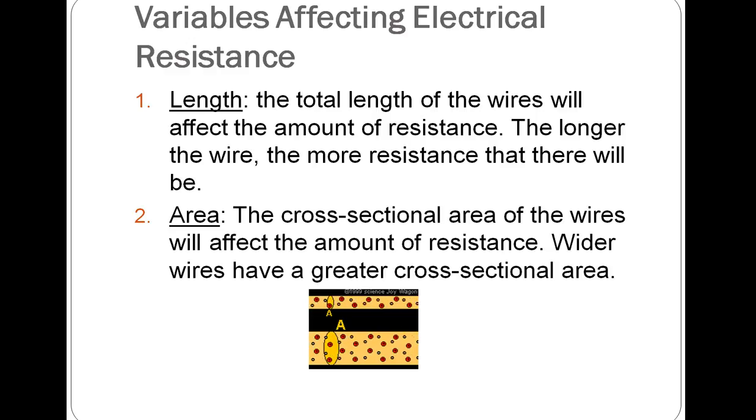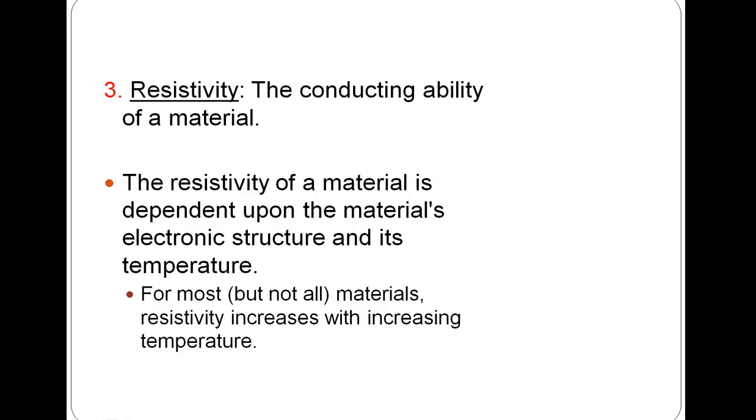The same thing happens with electricity. If you have a skinny wire, it's just harder for the current to get through than if you have a fat wire. There's more room for that current to get through. So that's the idea with area. You would actually have a good conductor if you had a short, fat wire; that would be a really good conductor. The third thing that we'll look at here is the idea of resistivity, and that is a